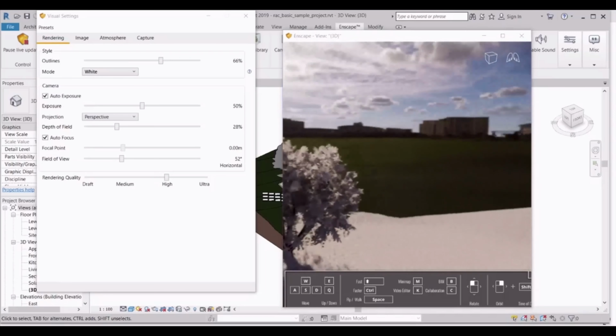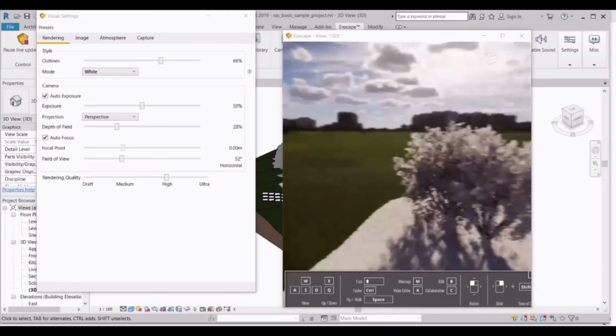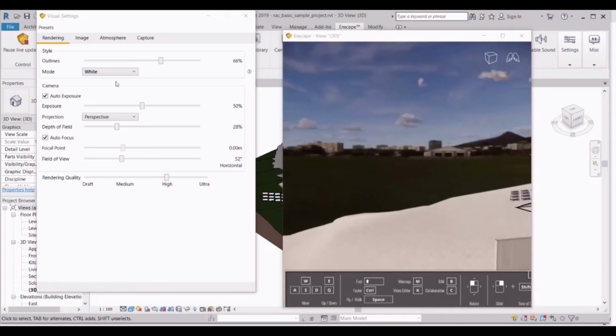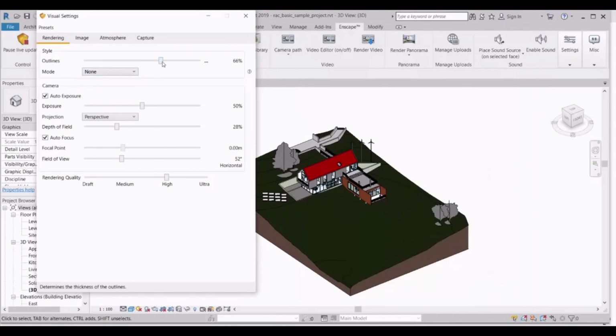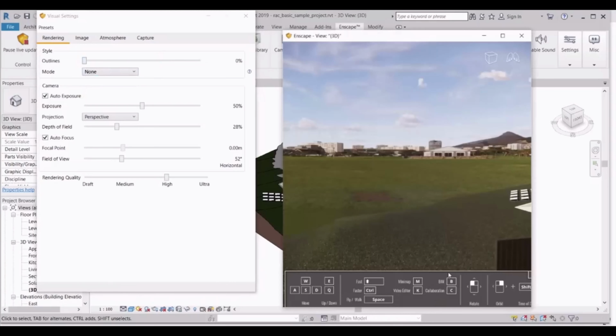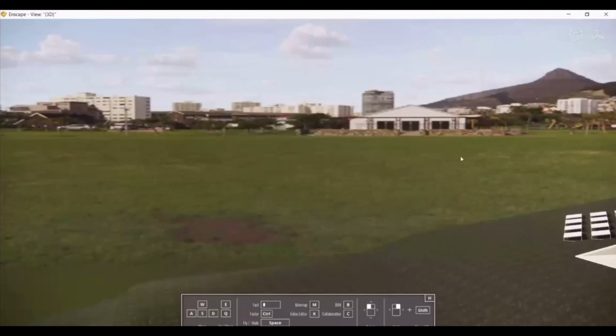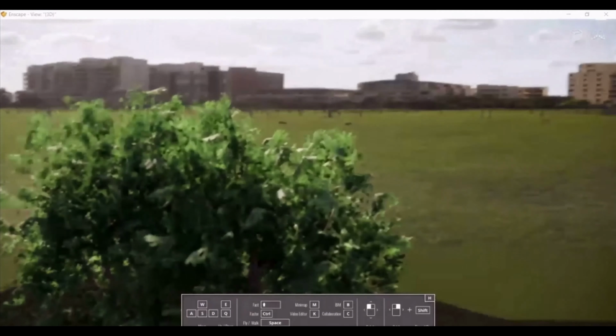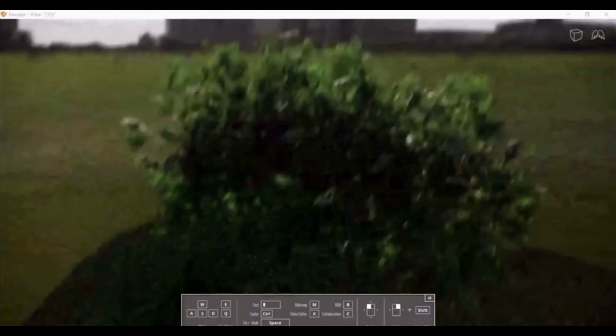That kind of effect you can add into your project. There will be no outlines. Previously there was nothing, and right now we are having an urban area. So this kind of settings we can do for our project and we can execute.